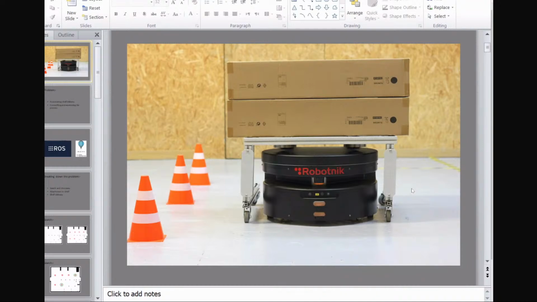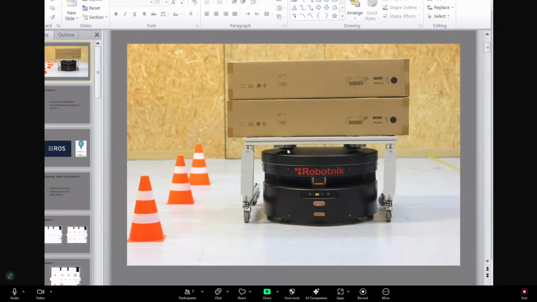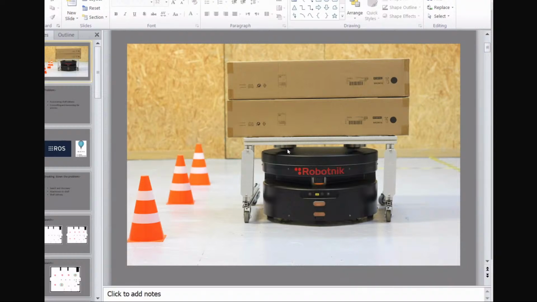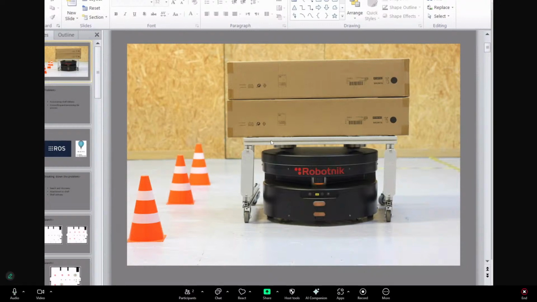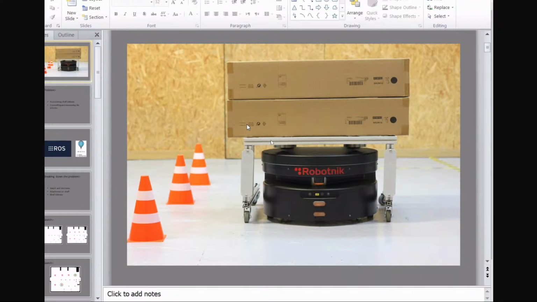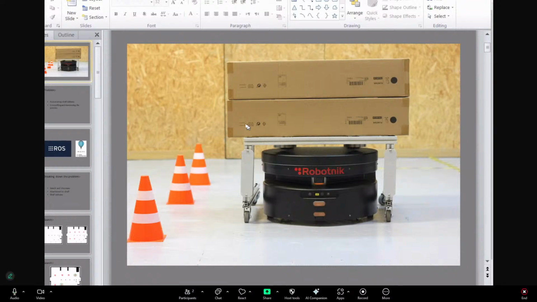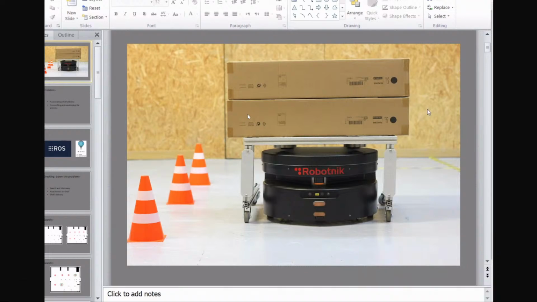So, repetitive tasks in the industry are usually prime candidates for automation. Usually, there are ready-made solutions that often address these needs. Sorry, Ahmed. Can you try to get closer a little bit to the mic, because the sound is not so good? Or maybe increase a little bit the volume. Now it's a bit better. Okay. So, as I was saying,